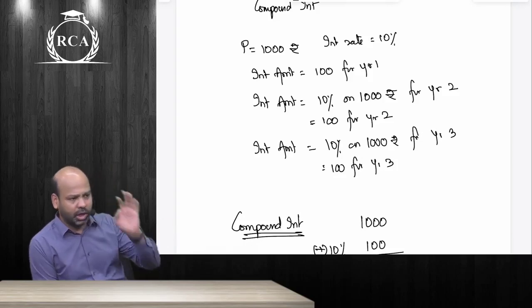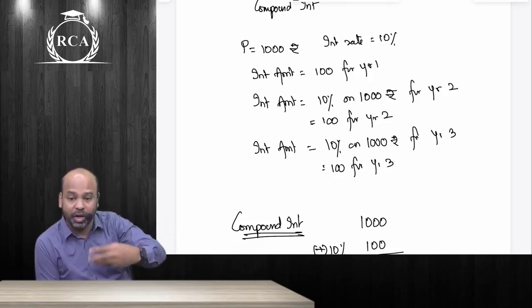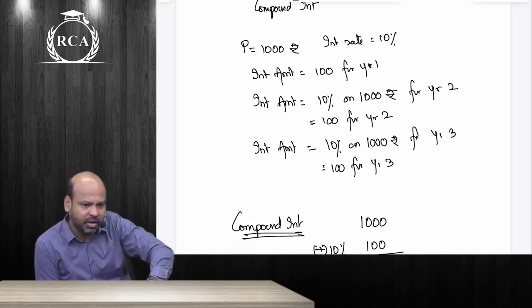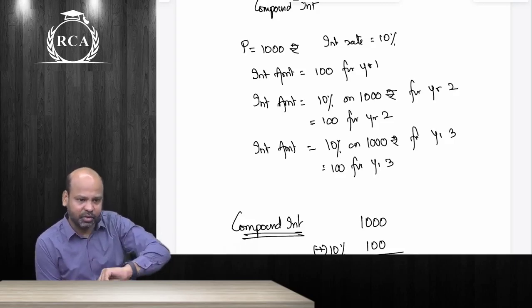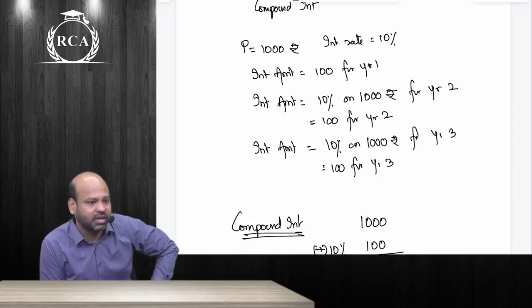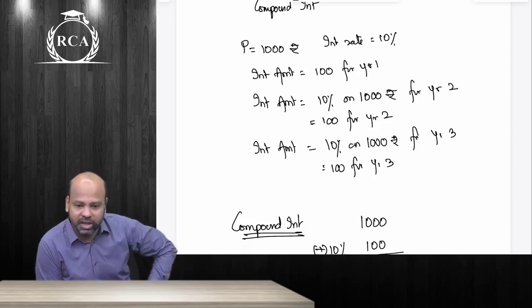You take a loan, a housing loan, beta, say of 80 lakh rupees, and you end up paying a principal of 20 lakhs. Will they charge interest on the original 80 lakhs only, or will they charge interest on 60 lakhs? Why the hell will they charge interest on 80 lakhs?